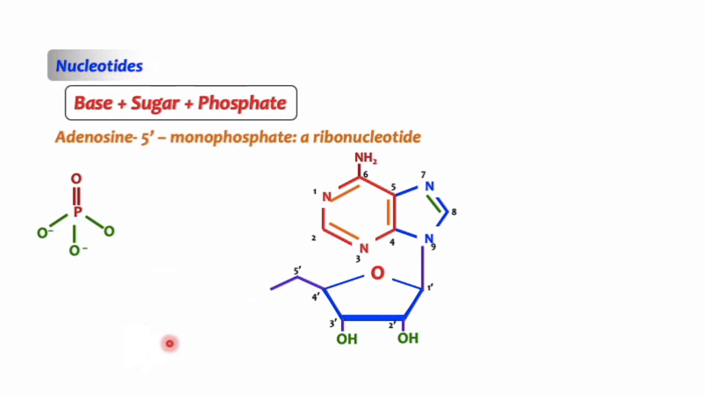So this OH and OH has been lost, so the phosphate got connected here. So what has just formed is the nucleotide. I hope all of you can make out what a nucleotide is, right? So the formation of